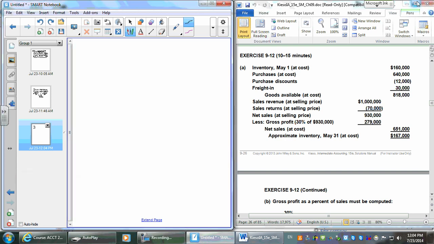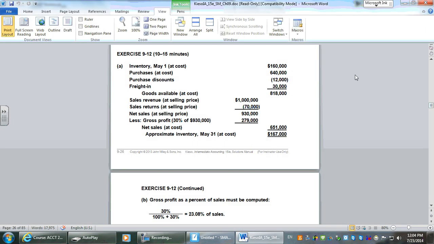Let's use some problems, some of these exercises to take a look at these different methods, okay? So the first thing I wanted to hit was the gross profit method. Last time, remember, we calculated the difference between gross margin and markup. Everybody's good with that? So what we've got then is, in exercise 912,